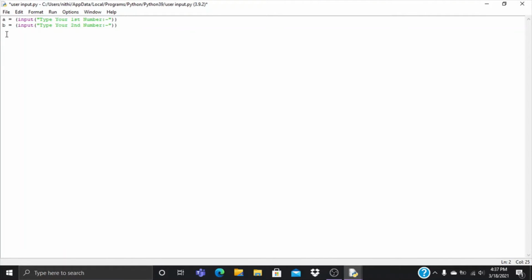Okay. Now we can make a multiplication. You can do whatever you want now. You can make it a multiplication, addition, subtraction, or division app. You can do all four of these operations in Python. Now we will just make it as a calculator for addition. So c equals a plus b, and we can just put it as print